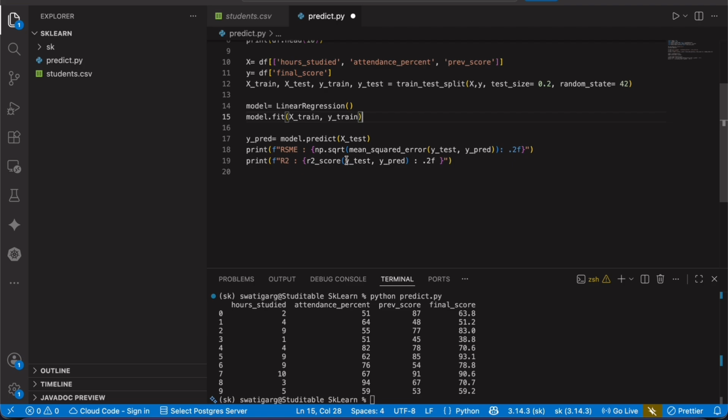And the r2 here, you cannot write r square, this is r2. So what r2 does is that it measures how well the regression model fits your data. So if we have given this data set to it, it will see how well the model that you have chosen fits your data.